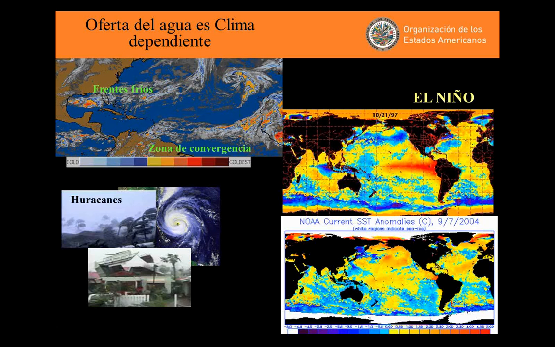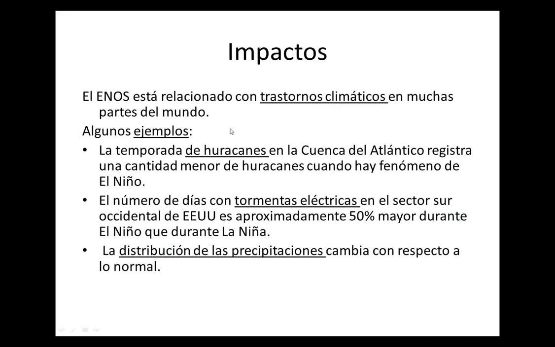Water, ready to use for agriculture, ready to use for producing energy, or for human potable consumption or industry, whatever it is. So you see, these are examples of how dependent your resources on land are on the water. El Niño produces a lot of climatic